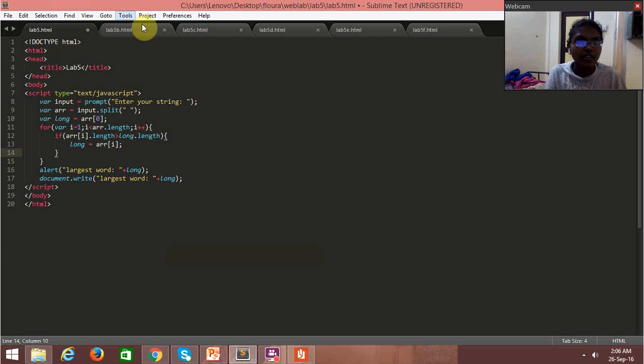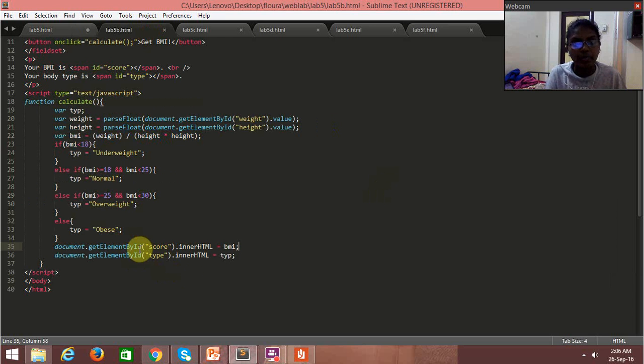That is done using document.getElementById. Suppose we have to display in a particular ID, we name the ID, we take that ID using document.getElementById, we append it using innerHTML, and we append the value. JavaScript uses simple keywords like if, else, and so on for our conditional statements and simple logical operators.